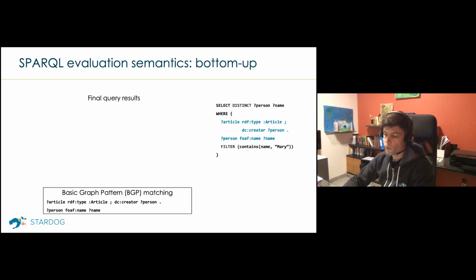So the way SPARQL semantics works could be confusing to some people, but actually it's pretty simple. The main thing to know about the evaluation semantics of SPARQL is that it's defined in so-called bottom-up fashion. So every SPARQL query can be represented as a hierarchical structure, a tree, where at the bottom level you have